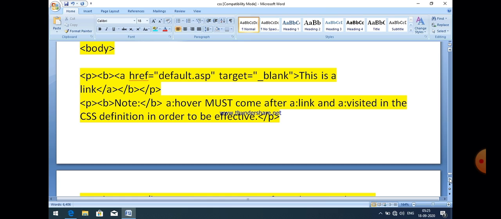Now within the body tag, you can easily see that a link is given as default.asp. So it is a web page. ASP refers to active server page. And then after a paragraph is given. So it may be any page, default.asp.